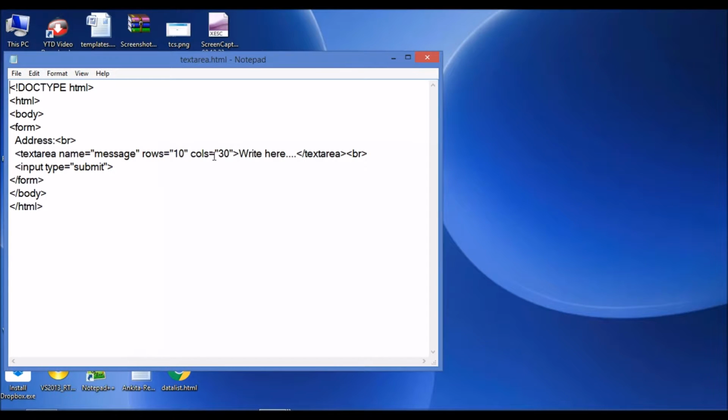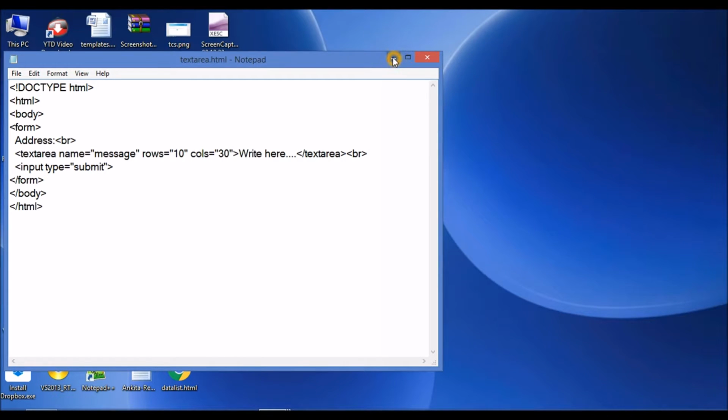I'm defining the rows and columns. You will understand the use of rows and columns after seeing the output. Then I've closed the text area, and I've taken a submit button as input type.